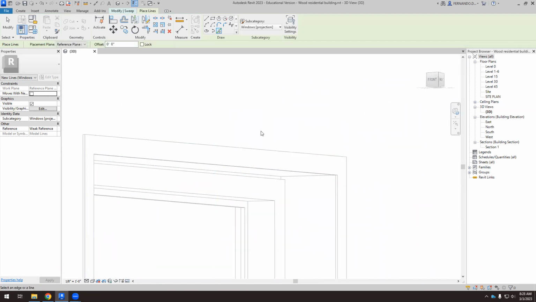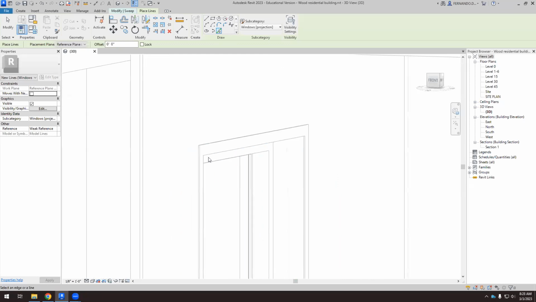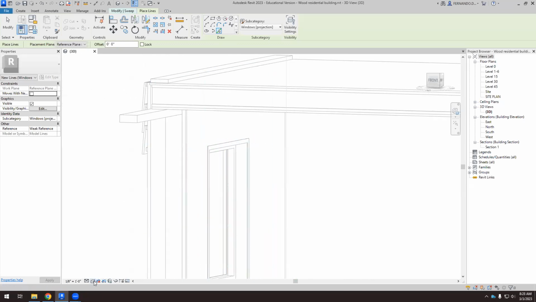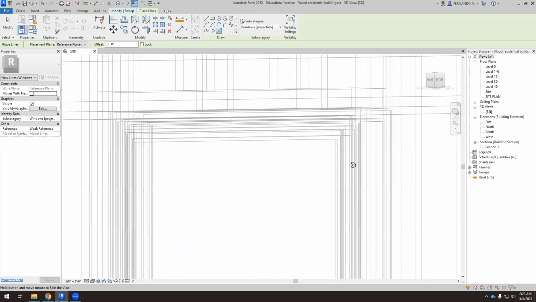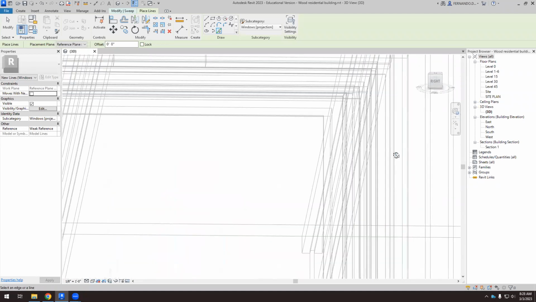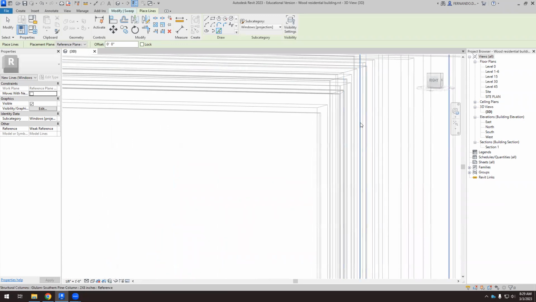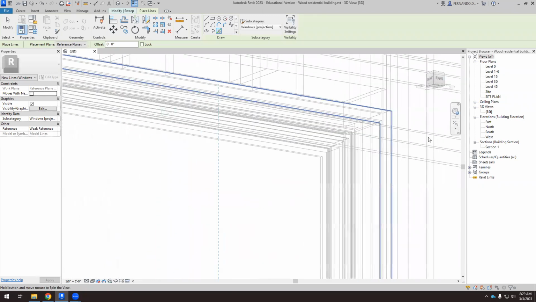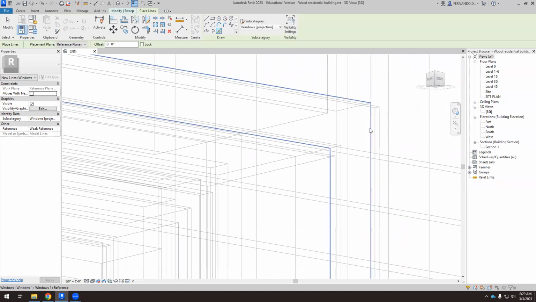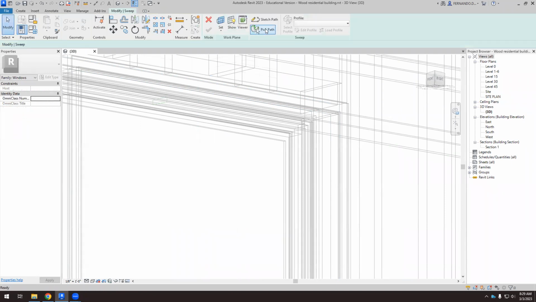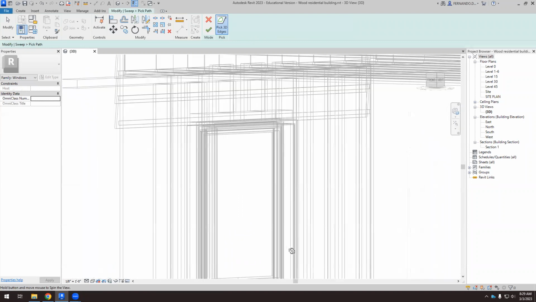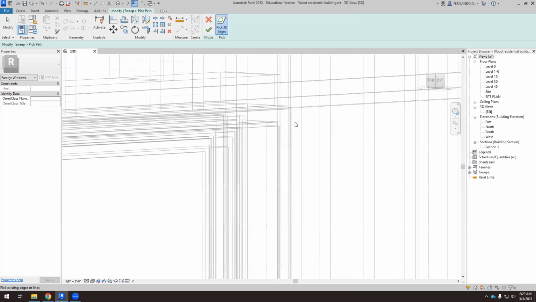So the path can be... pick path. Well, actually, it can be